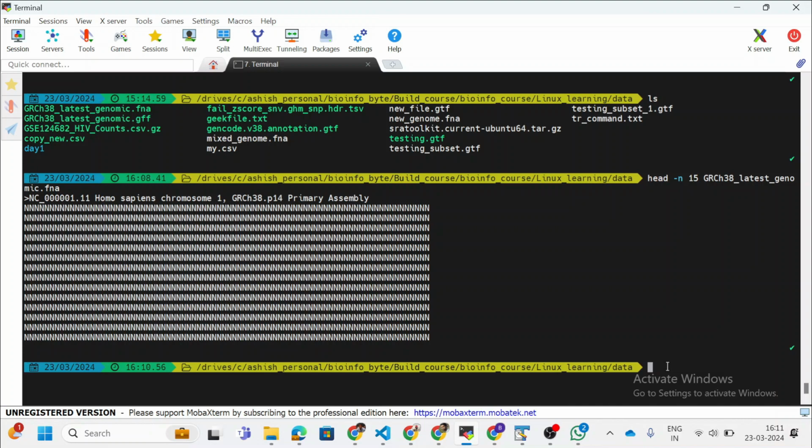This file contains the human genome, so chromosome 1 till chromosome 23 and other mitochondrial content. But for example, if you have done any wet lab experiment like a plasmid, where you are inserting an external genome into your plasmid, you will also have an external genome. For example, you are inserting a bacterial genome, then you will also have a bacterial genome in the entire build. So how can you create that? We are going to solve this.